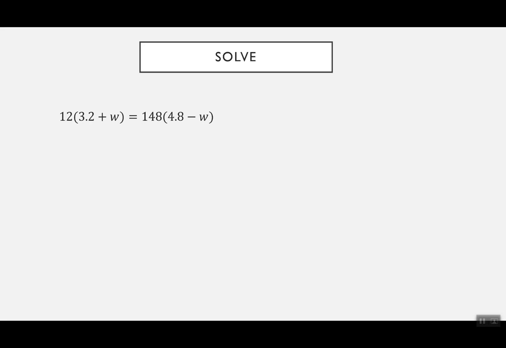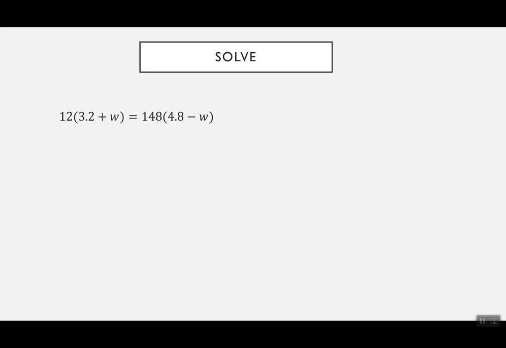In this equation, I do have some decimals, so it's going to get a little bit stickier, but not a problem because we have our calculator. So I have 12 times 3.2 plus w equals 148 times 4.8 minus w. Step 1 is going to be distribute both sides. So I have